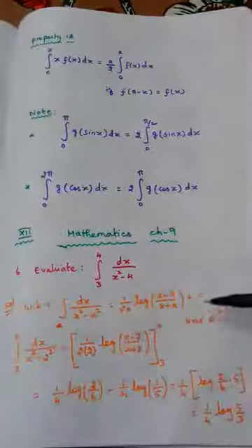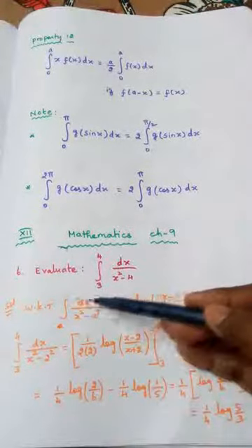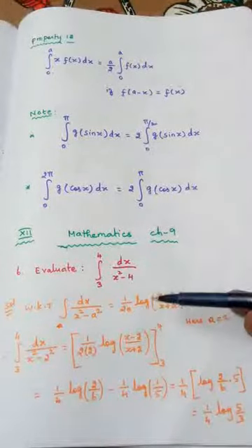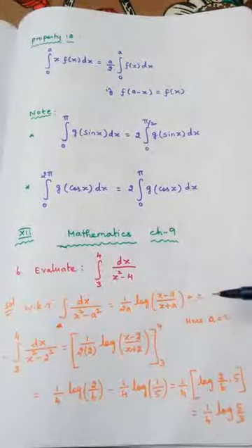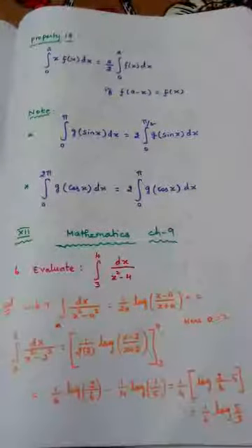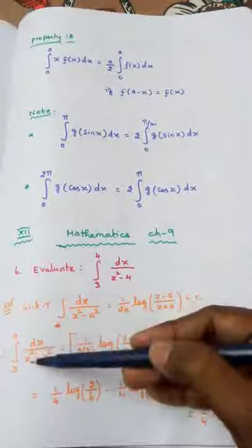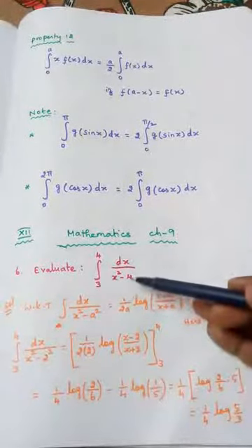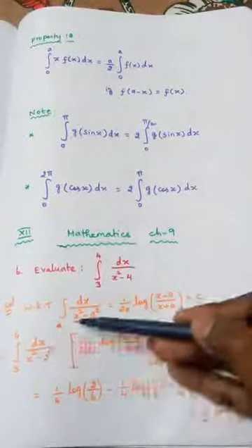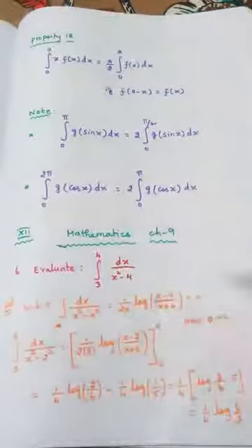So here we should know this result that we have studied as a basic formula of integration. That is, integral dx by x square minus a square is written as 1 by 2a log (x minus a) by (x plus a) plus c. This is the basic integration formula that we have to know, in which limit is given. So integral 3 to 4 dx by x square minus 4, and 4 can be written as 2 square to match with this formula, x square minus a square. So what is a? a is 2, right?